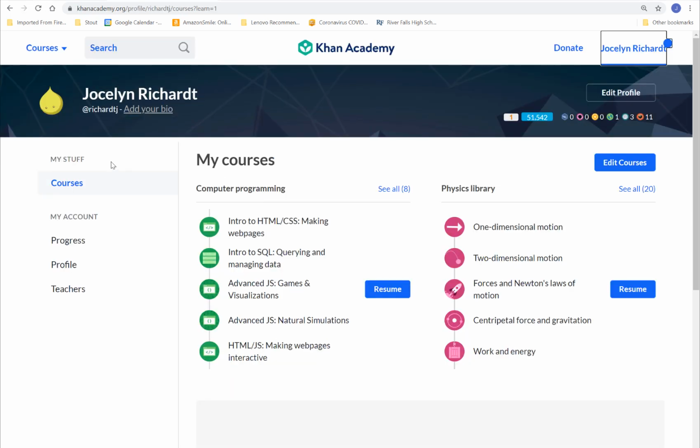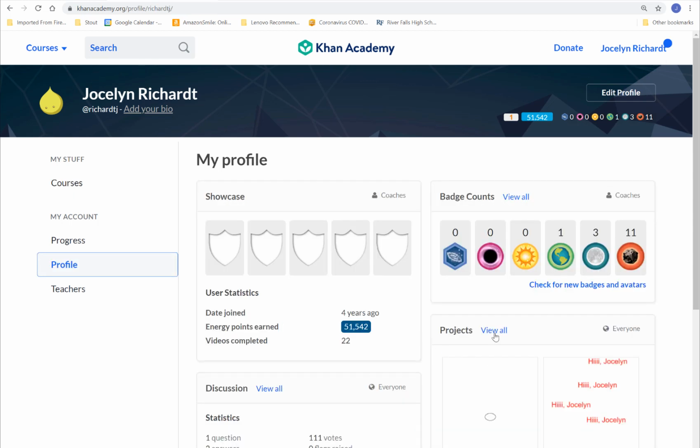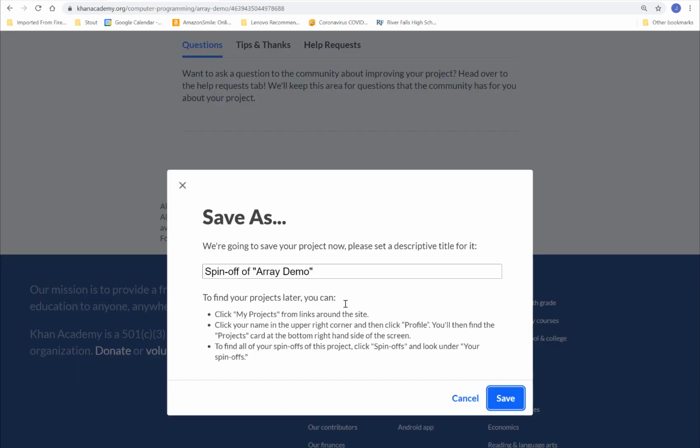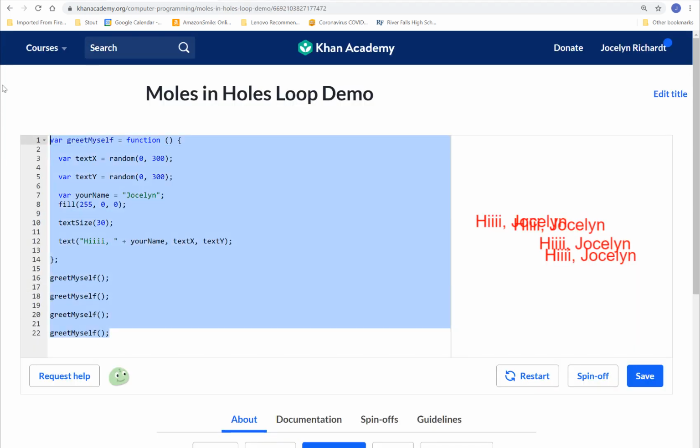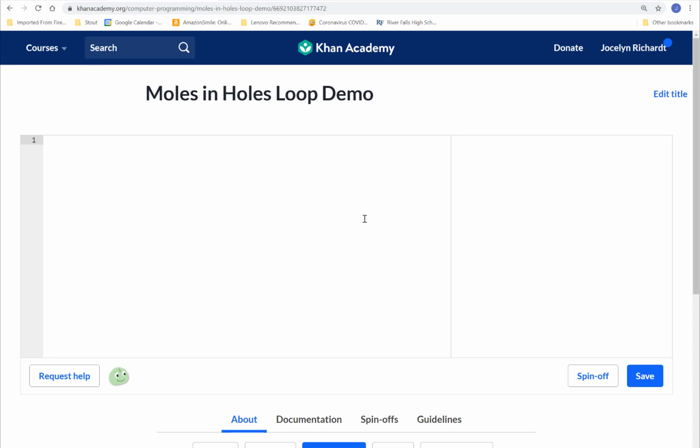If you go to Khan Academy and log in, you can check your profile. Your profile will have a list of all the different projects you've done in the past. You can pick any one of those projects to create a spin-off to do a completely new project. So this is going to be our moles in holes loop demo. So I'm just going to take out some of this old stuff and then I'll have a new slate to